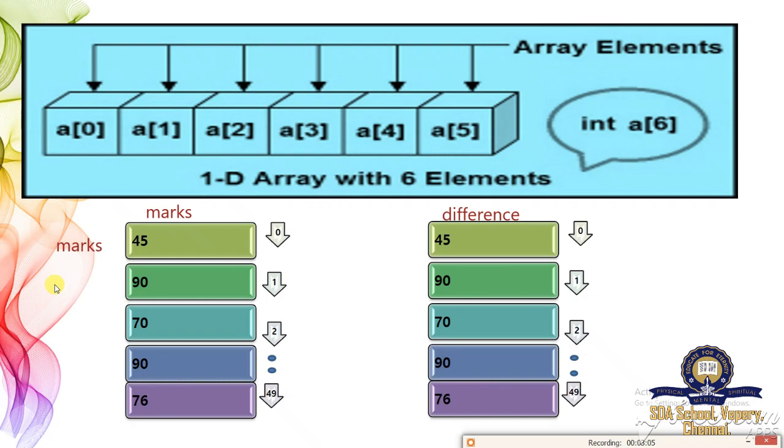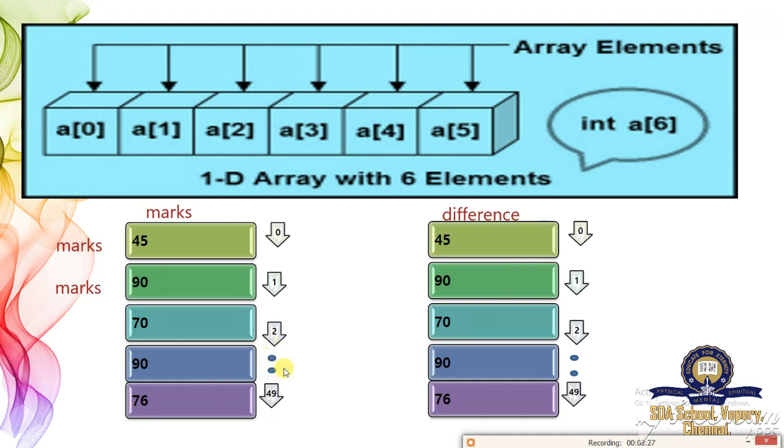All variable names are the same. It has the same variable, but it will be stored in a different index. That index is also known as the subscript. The first element is stored in subscript 0 and the second element in subscript 1. So here there are totally 50 elements.